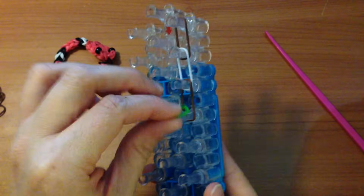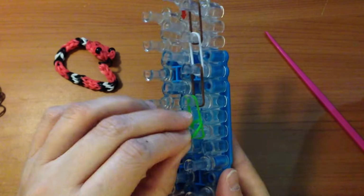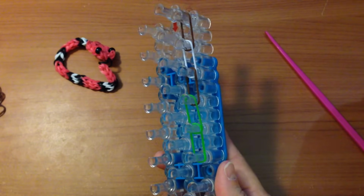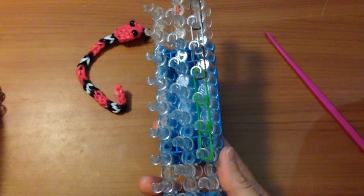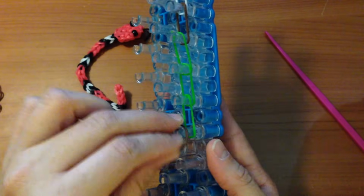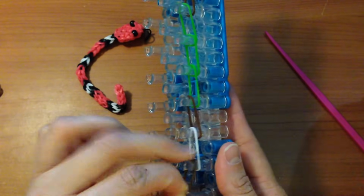And then followed by 3 of the main color of your snake. And today is green. And on the pink snake, it's 3 pinks, so these are 3 green. Then it's repeating the pattern. So it's brown, white, brown, 3 greens, brown, white, brown, then 3 greens,